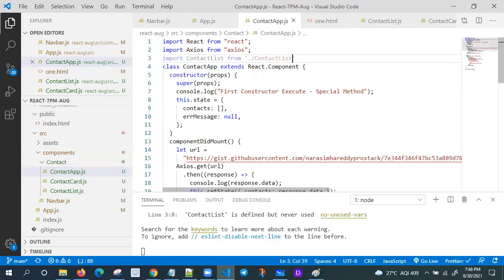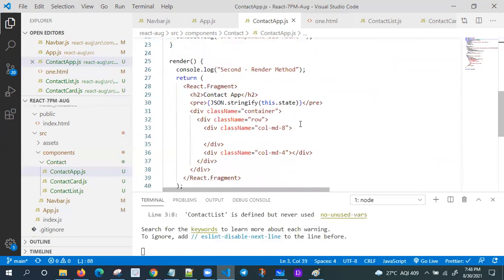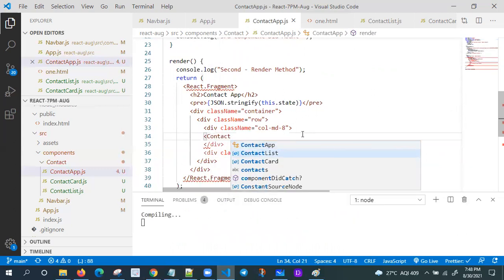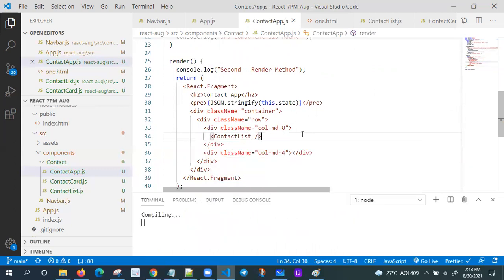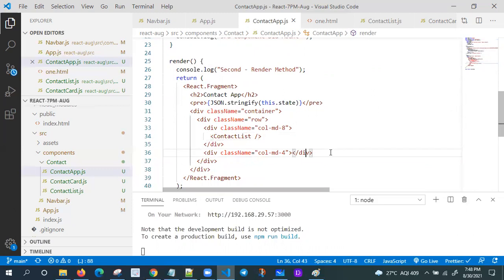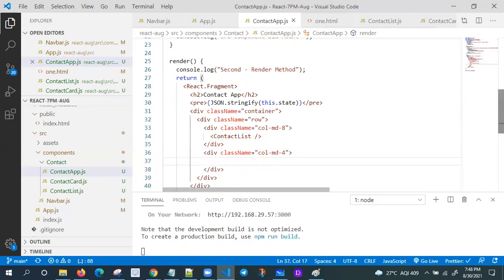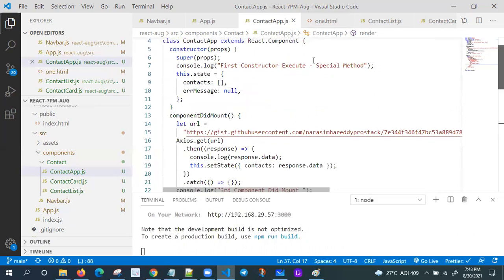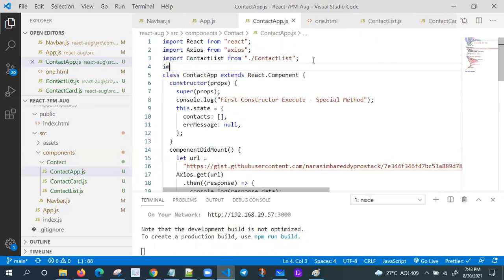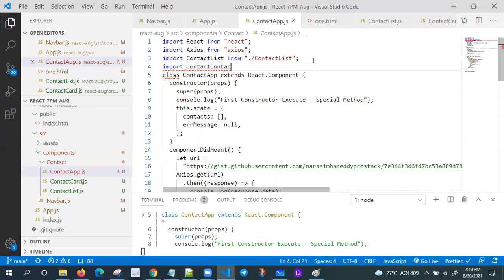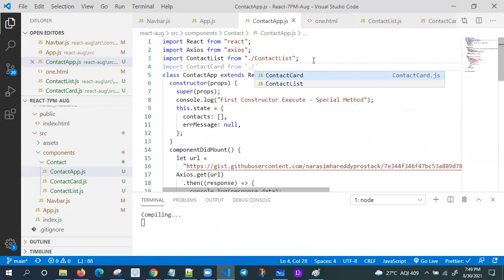Fine. So first row, first column, I want to invoke, I want to call contact list. Second column, I want to call contact card. Let me import that one. Import contact card from the respective path.